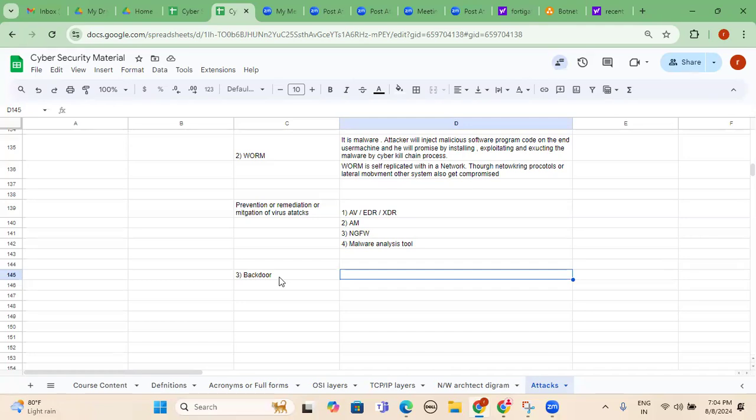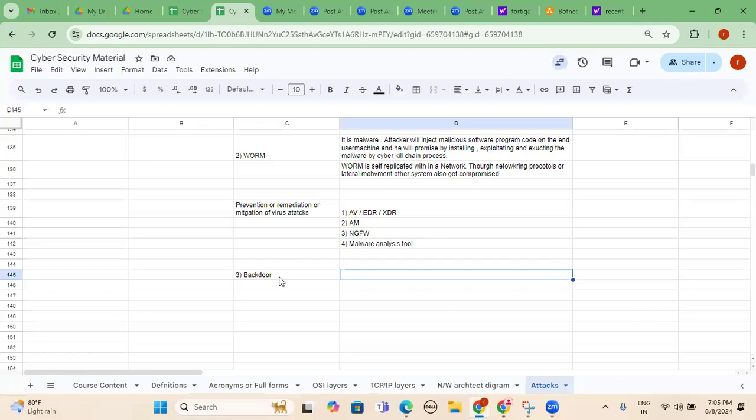Similarly here, the attacker will inject malicious software program code, and later he will try to bypass the authentication or authorization, for example man in the middle attack or VPN authentication failure or authentication failure category of attacks. Initially he will inject malicious software program code, later he will use the authentication failure category as well. So that is like a backdoor.